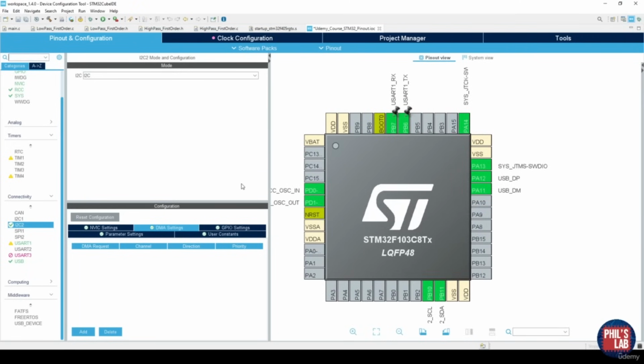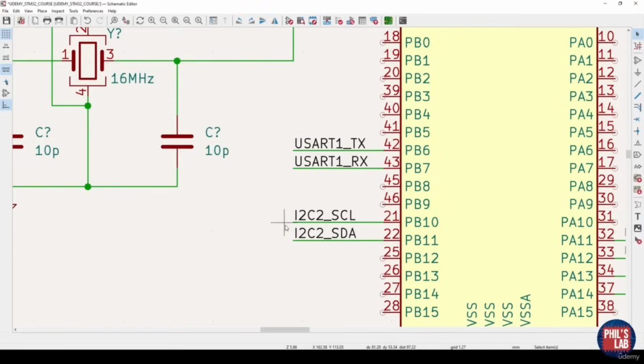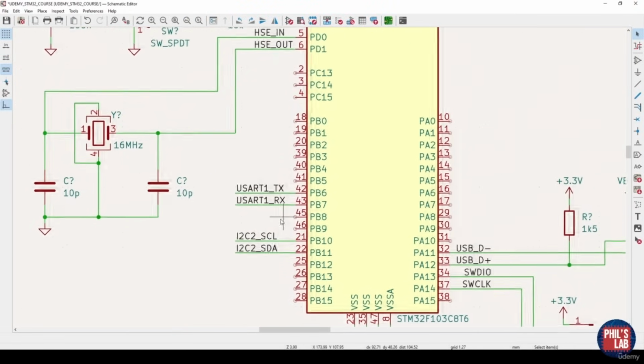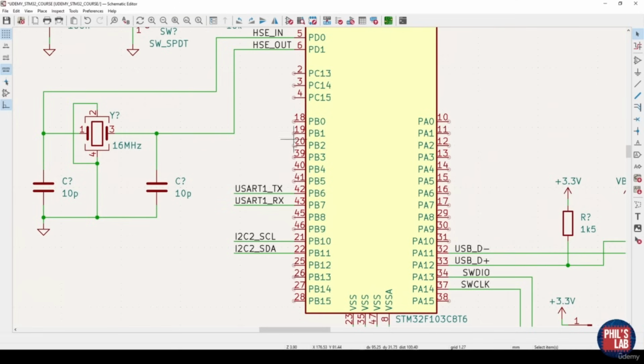Let me just transfer that over to KiCad. So here you can see I've transferred over my UART pins and my I2C pins. And before we continue, we have all of these unused pins, and for STM32 microcontrollers, this really isn't a problem leaving them floating. Again, in KiCad, what I want to do is press Q,